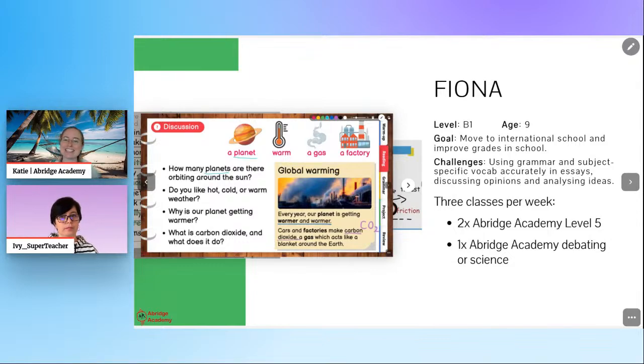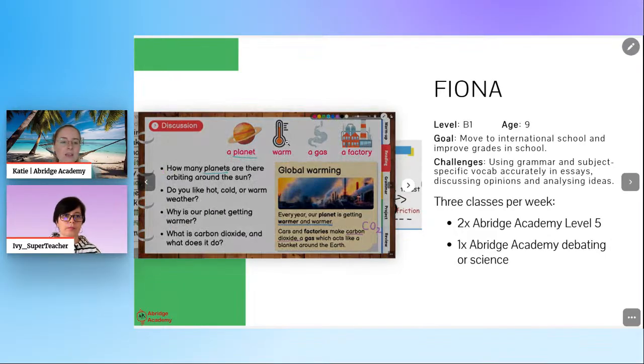Just like Ivy was saying, with the debating classes, after doing the debate and discussion-based part, we then focus a lot on actually writing it down as if it was an argumentative essay, which is essentially just debate in a written form. So combined together in that way. I've got some examples here.